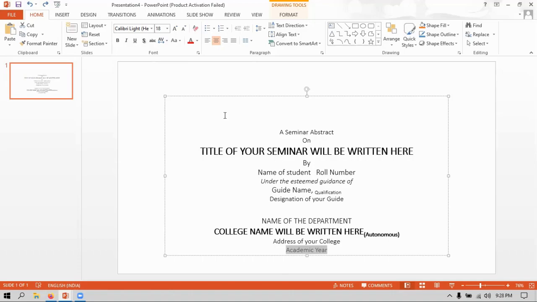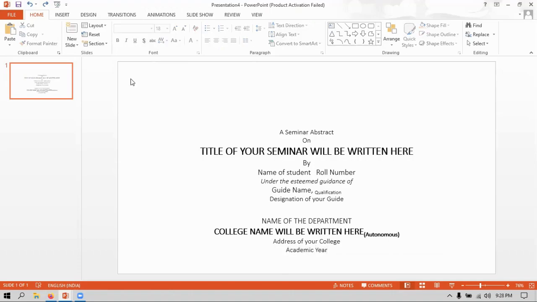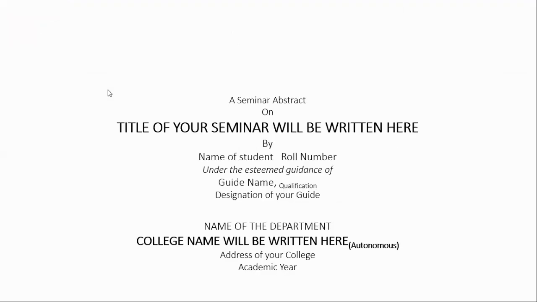So now when you see the preview, you people may use some kind of mouse clicks to see the preview. That means to see the slideshow, not preview. But for seeing the slideshow, we have a shortcut called F5. That is the beginning of the slide. That means from the first slide, I want to make a slideshow. That is with F5. So actually, when I see the slideshow, I think it is somewhat better to see.